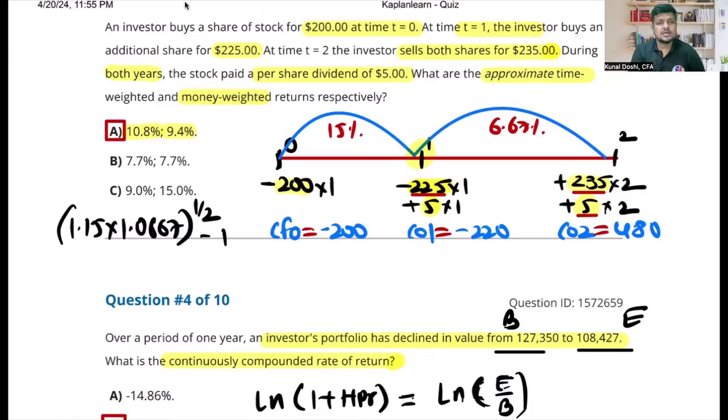Everyone in the class should answer. Come on, all of you are fund managers working for the biggest sovereign wealth fund on this planet. Yes, it's a bad decision because you put in more money before the bad period. Everyone agrees? Yes, so it was a bad decision. Now, will this bad decision be reflected in money weighted or time weighted? Money weighted, because that gets affected by cash flow decisions. So my money weighted rate of return should be less. Check your answer. Your money weighted rate of return was 9.4. Time weighted rate of return was higher.